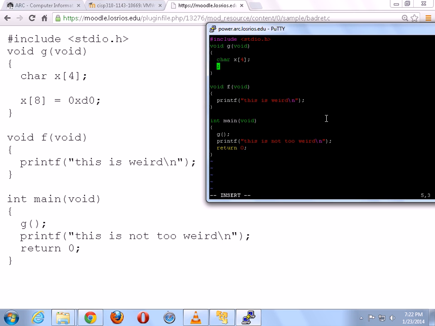Let's see. Okay. So I want x plus 4 as my base address. I'm going to cast it to an integer pointer, and then I will